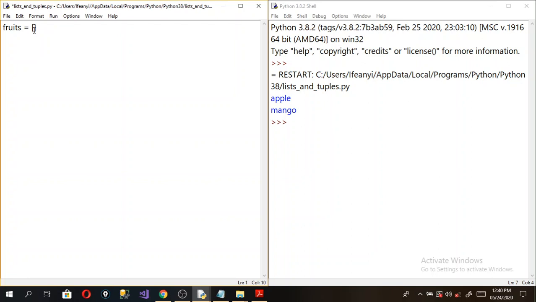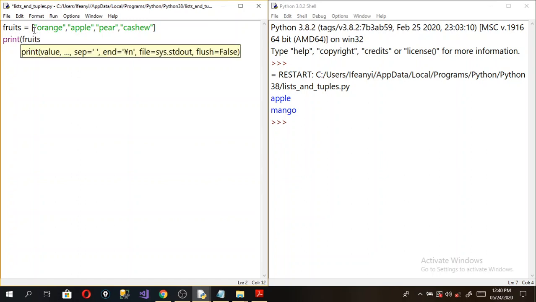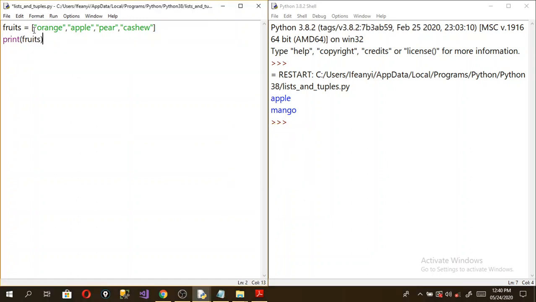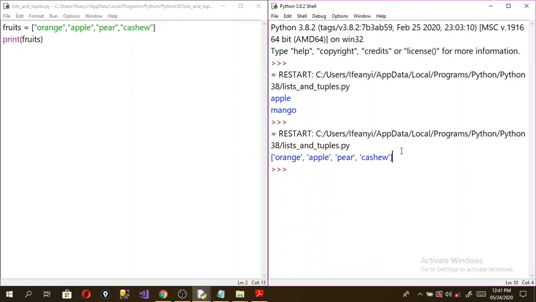Now the list can accept any type of data. So we can put here orange. You separate them with commas. You can do apple here, and you can do pear, and let's say cashew. So if we come down here and do print fruits, let's run that and see. You can see we are having all these items here, and that's pretty great because you can actually store